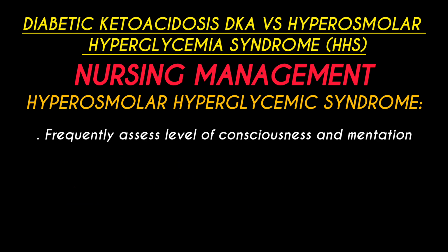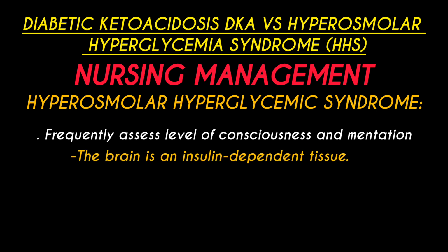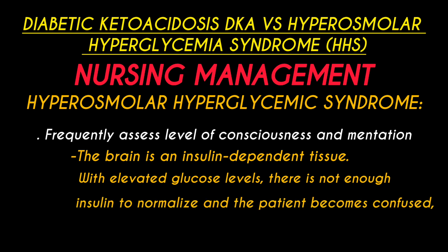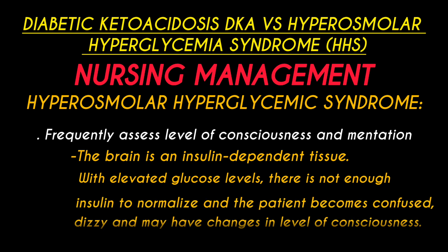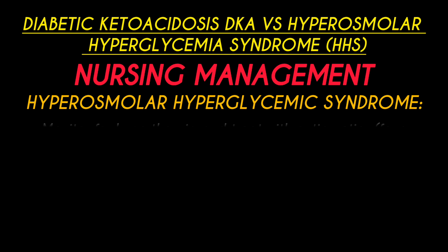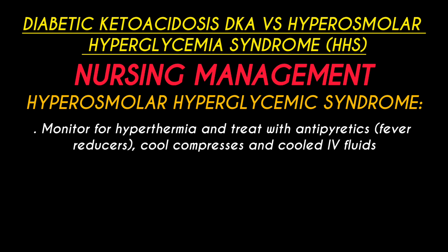Frequently assess level of consciousness and mentation. Brain is an insulin-dependent tissue. With elevated glucose levels, there is not enough insulin to normalize and the patient becomes confused, dizzy and may have changes in level of consciousness. Patients often experience drowsiness. Monitor for hyperthermia and treat with antipyretics, fever reducers,